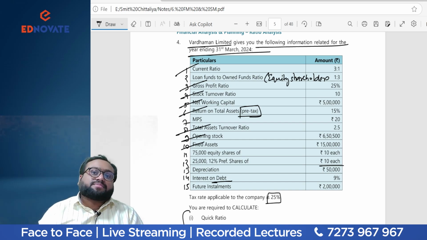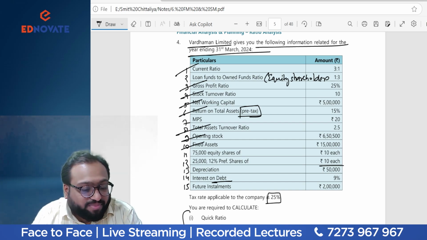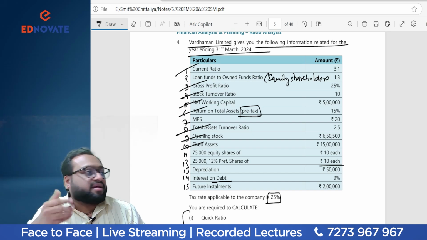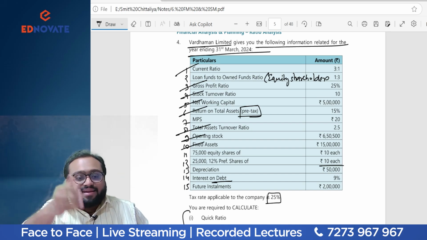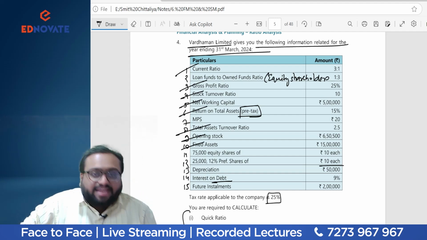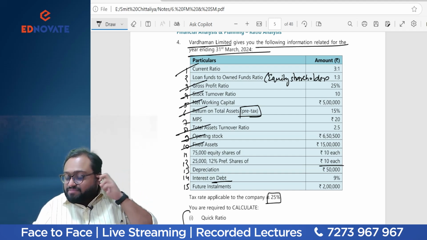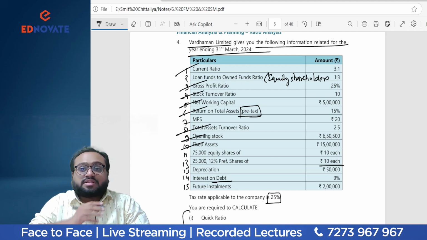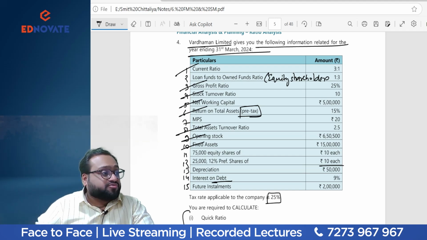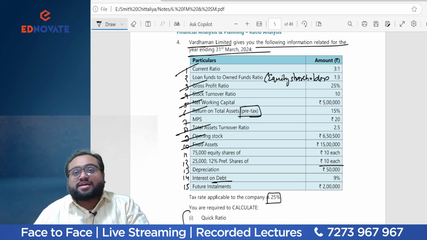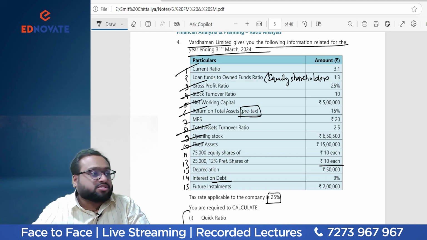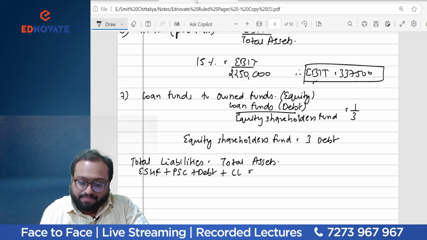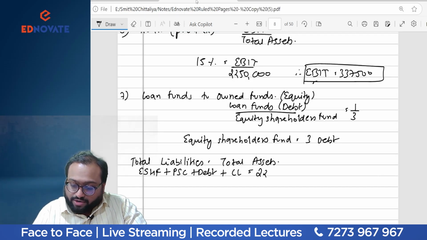Where is preference share? And the fun part of the story is, when they are calculating the EPS, they have reduced the preference share dividend. But while calculating liability, I cannot see anywhere preference share capital. So I think there's a big mistake in the solution which has been drafted, because everything will change. EPS will change, MPS will change, many variables will change. So students, have a look at this question number 4. There's an error in RTP, which we have captured,